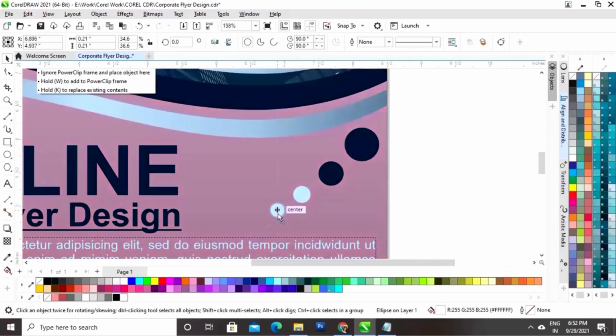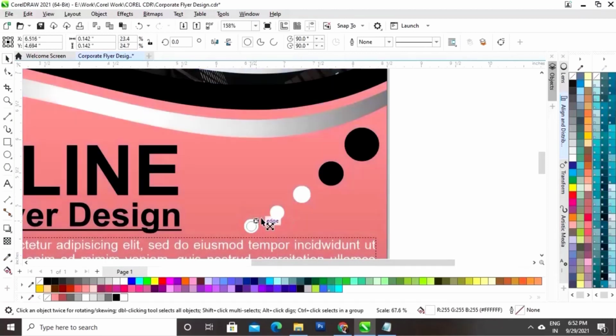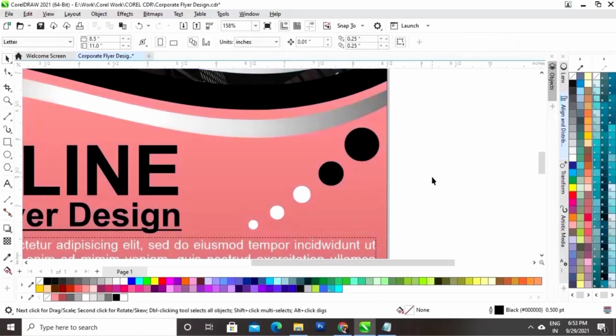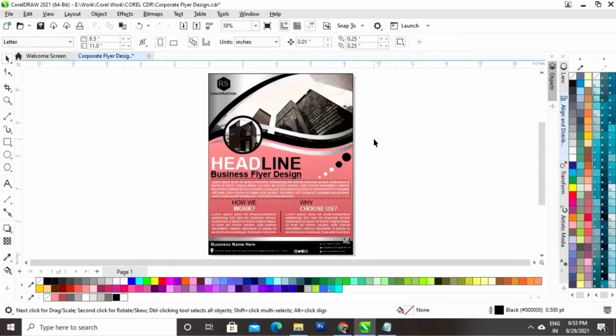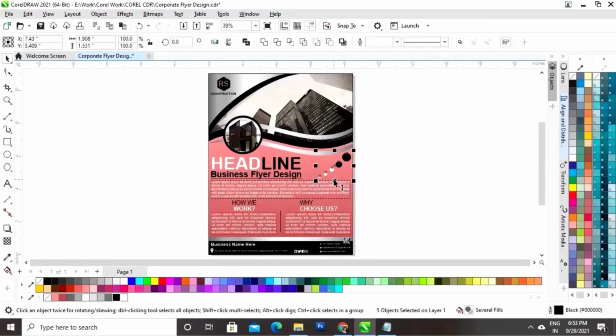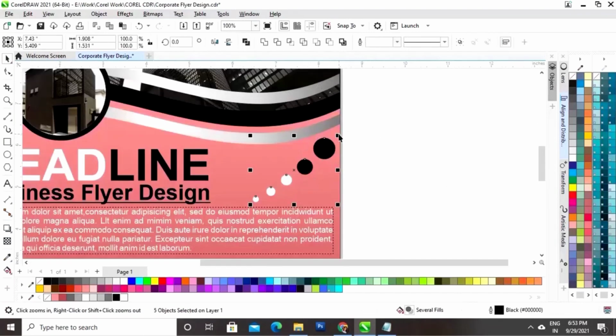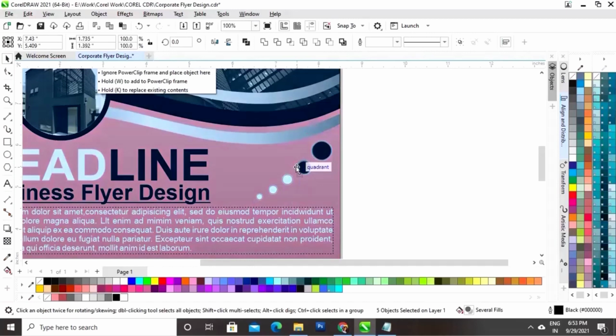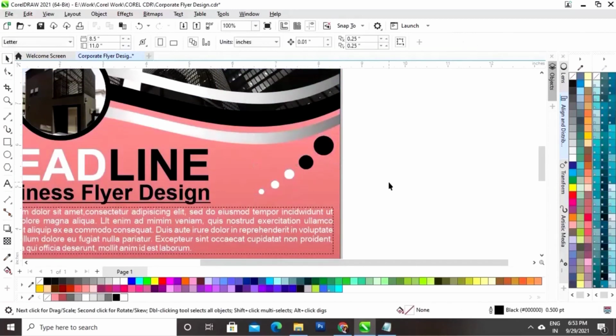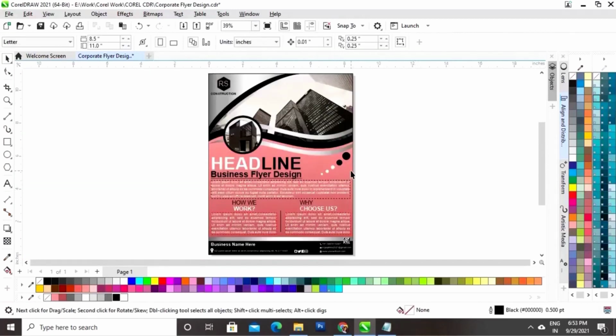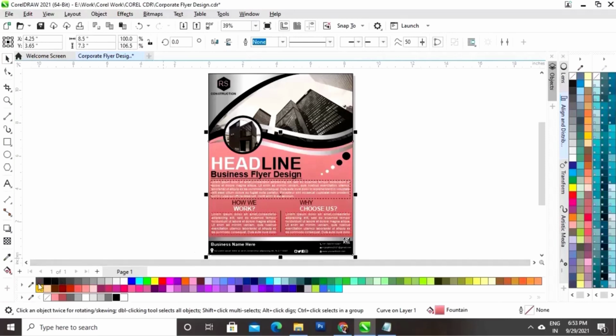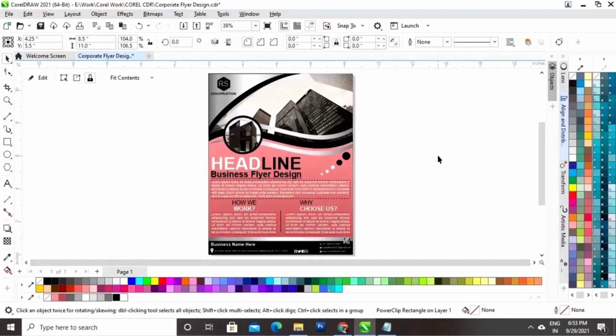Similarly we will make 2 more copies and we will decrease the size. Now we'll select all the circles and we will adjust the size. Now we will select all the shapes one by one and we will remove the outline.